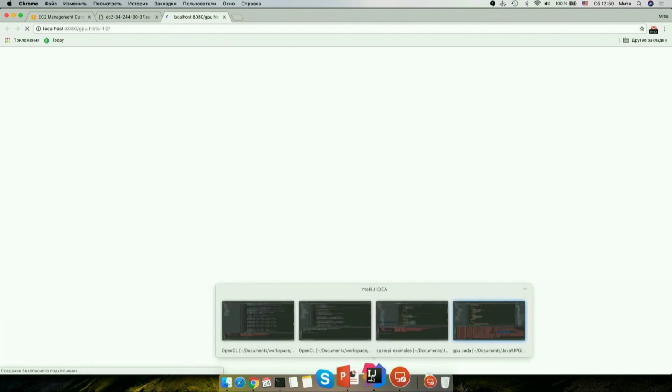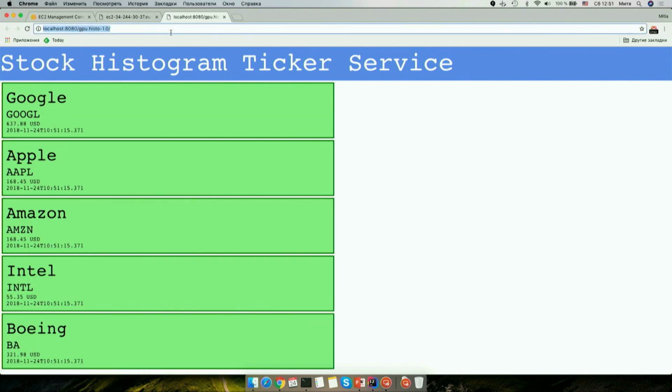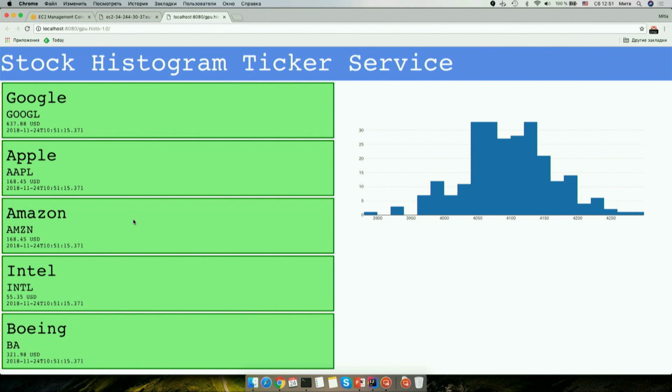We draw histograms, special histograms, and since histogram is a very common task for a GPU, we said, okay, why do we load processors if we have a GPU for that? Oh yes, it's not showing up, but I guess, oh yes. So now if we click at the stocks, it draws some histogram, just filled with random data.